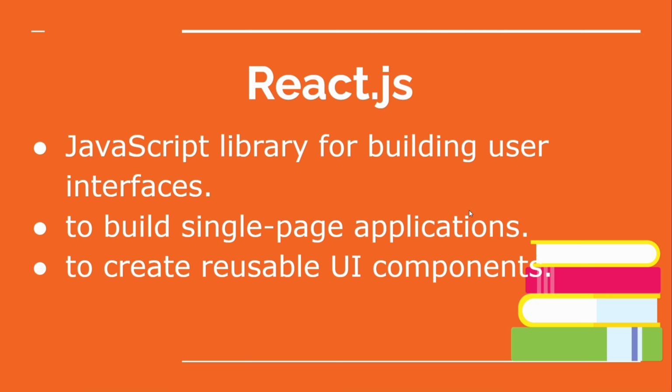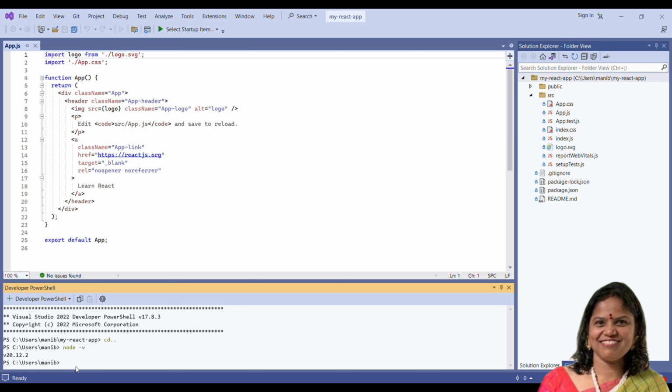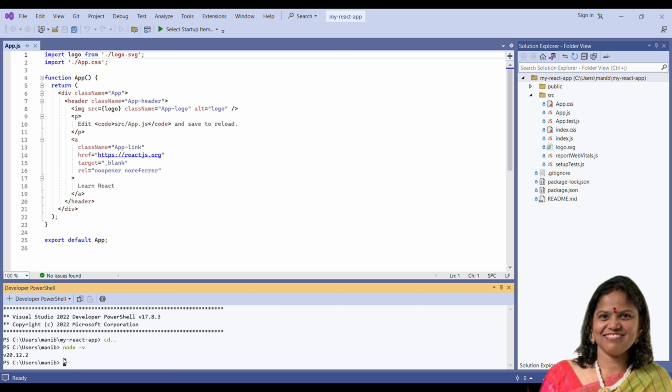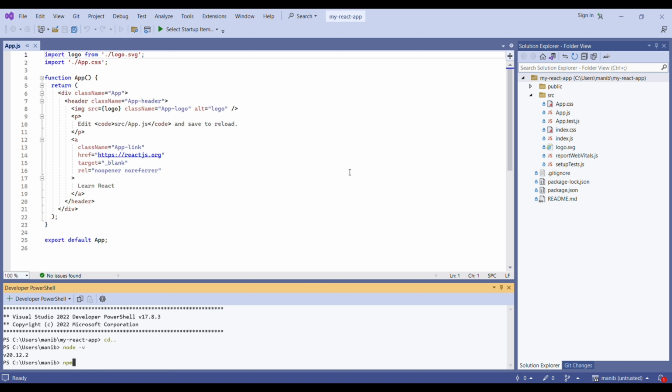PowerShell. So let's open it and check the node version. You can also check the npm version. So let's write here npm version, and once you have checked it, you can install npm. So write down npm install. It is displaying 10.9.0. So now let's install